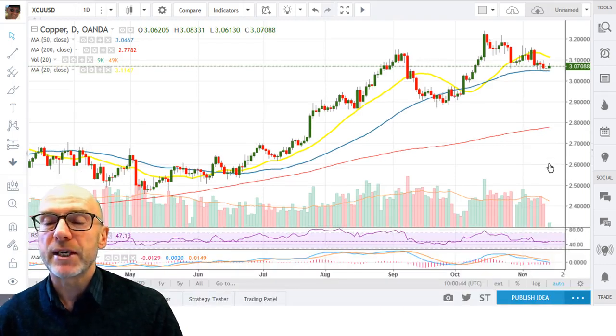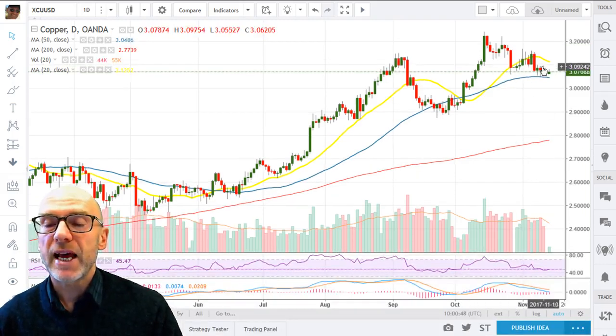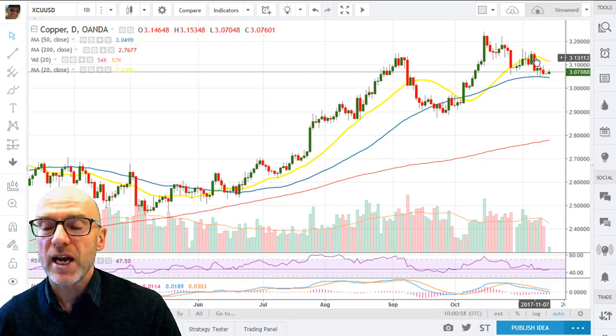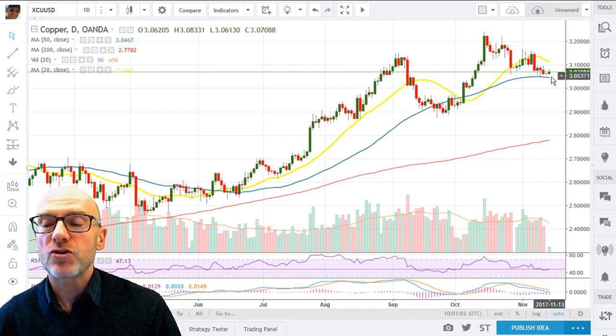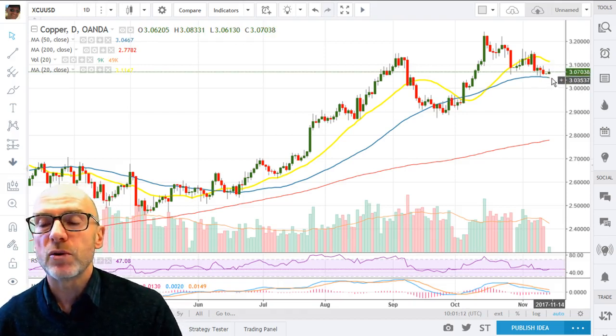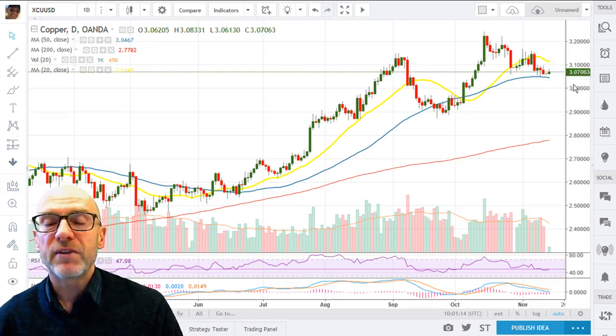On the daily picture, you can see the flag. Initially it found support around about the 20-day moving average. That held for over a week, but then subsided with the fall that we had on the 7th of November. We're now trading down towards the 50-day. That will give support despite the fact it's actually rolling over, so the 20 and 50 are moving down. 50-day presently